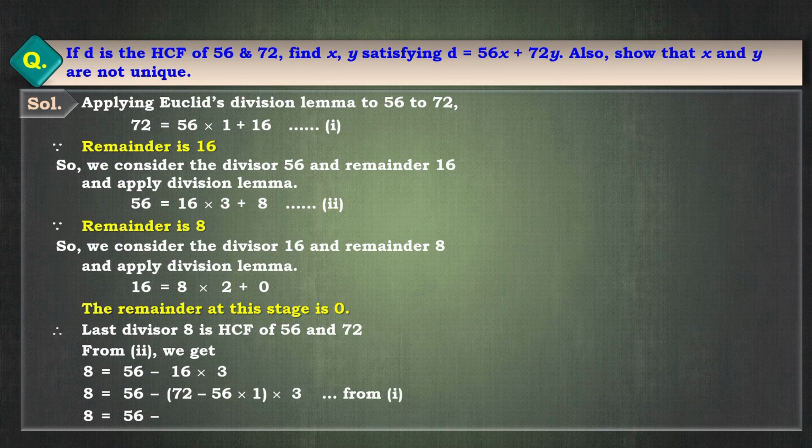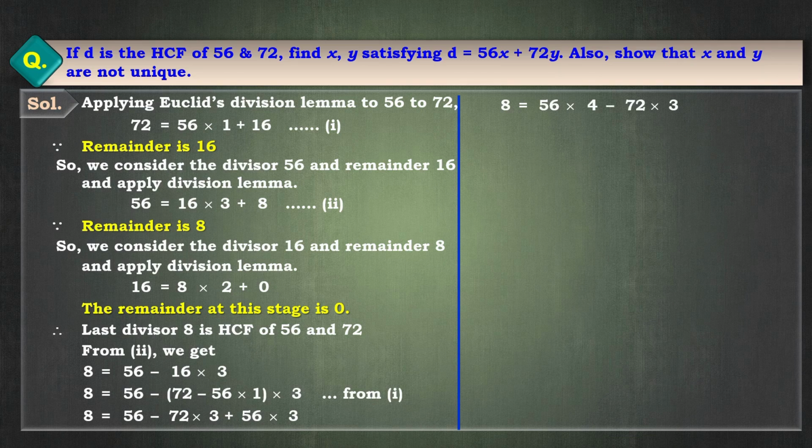Okay. Now 56 minus, let us apply the distributive property. So 72 into 3. Now 56 into 1 means 56, so 56 into 3. Now since it is minus 56, and also outside the bracket we have a negative, it will be plus 56, so plus 56 into 3. Okay. Now let us group this 56 part. So 56 plus 56 into 3. Since 56 can be represented as 56 into 1, so 1 plus 3, that is equal to 4,